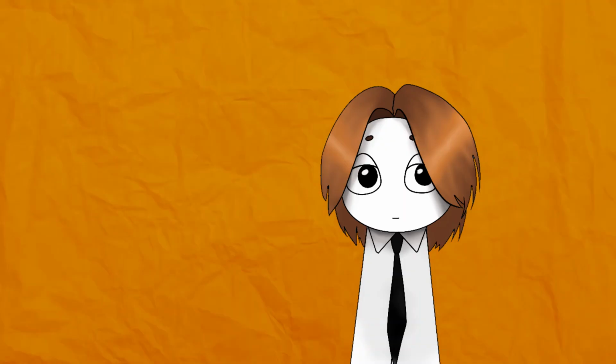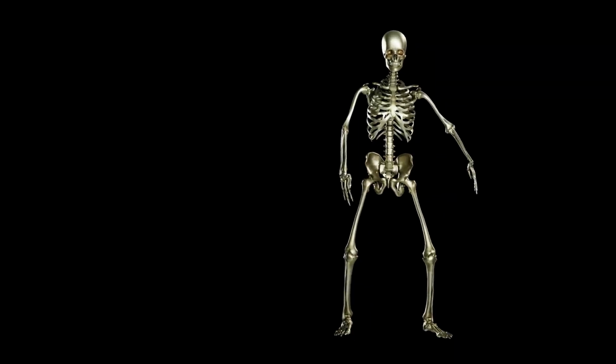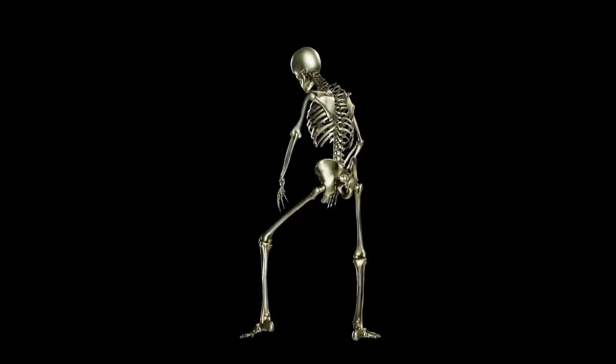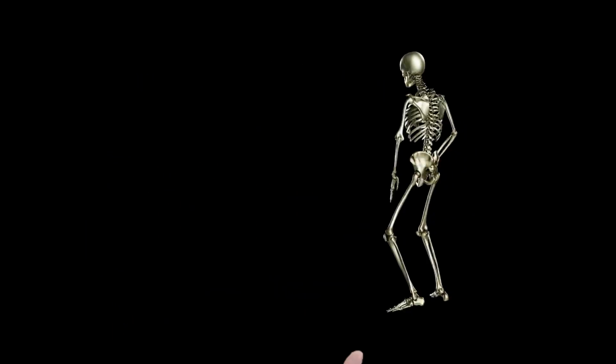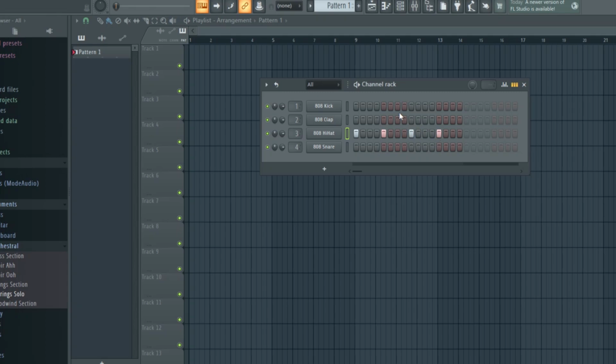Let's start making our track with the drums. Every song has its own rhythm. Rhythm is that head nodding motion you do when listening to a song. Rhythm is measured in BPM, beats per minute. If you want a fast song, set a higher BPM. If you want a slow one, lower it. Pretty simple, right? Let's set our song's rhythm to maybe